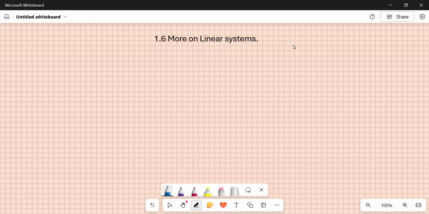Hello, everyone. We are going to start our lecture 6, which is chapter section 1.6, more on linear systems. In this section, we are mostly going to cover interesting and useful theorems. There are not going to be too many examples or anything, so the lecture is not going to be super long. So, we are going to start with a theorem which tells us that if a linear system